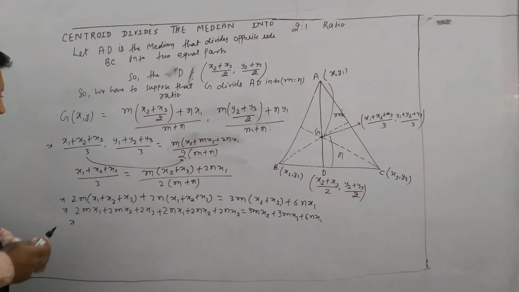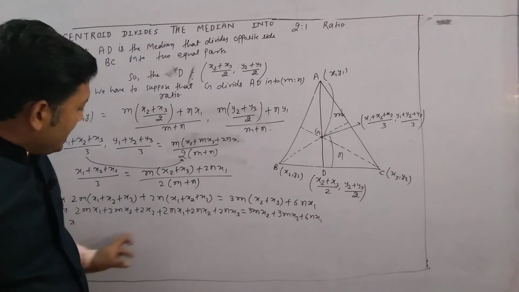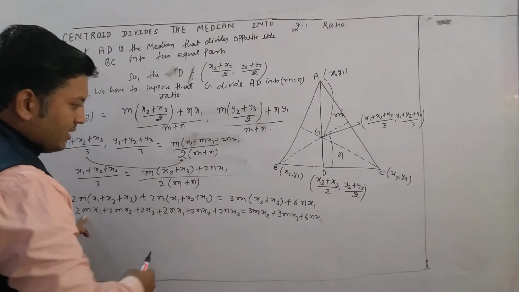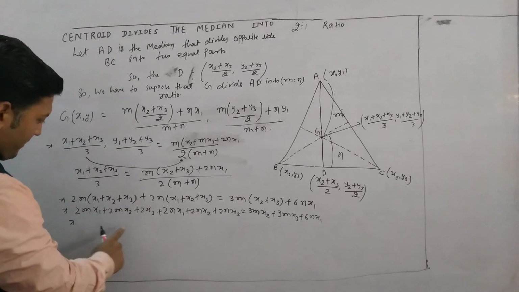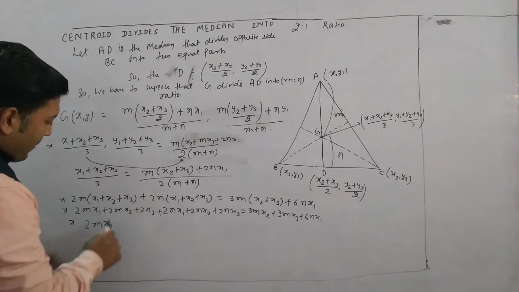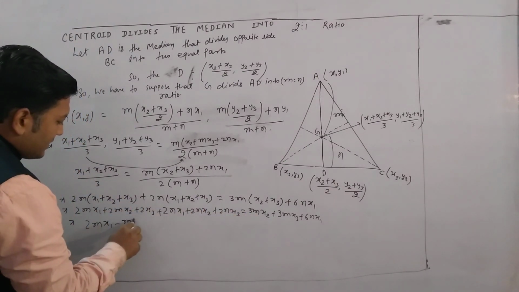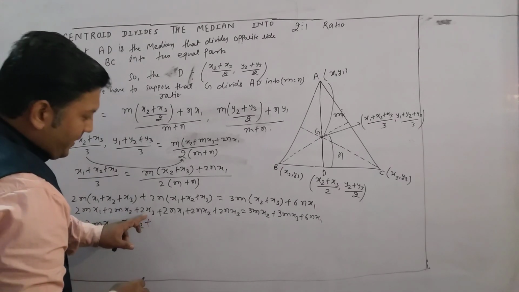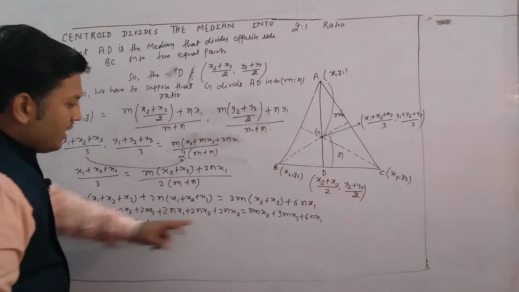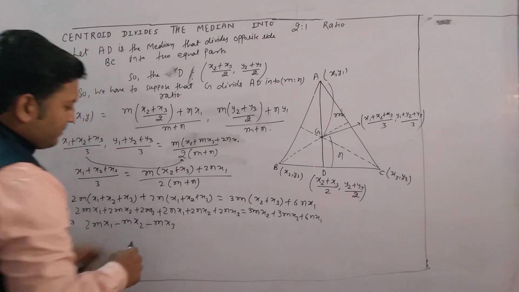And first of all try to separate like terms. 2m x1, 2m x2. When 3m x2 comes here, what will we get? m x2 plus 2n x3. 2m x3. When it comes, then m x3 plus